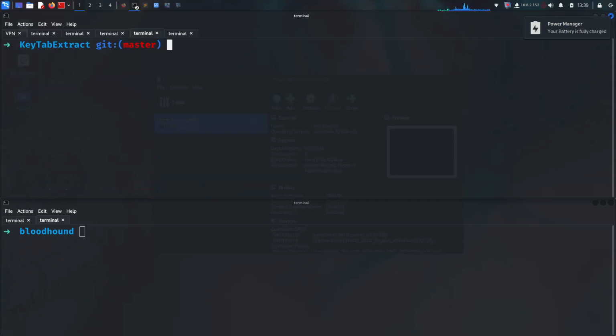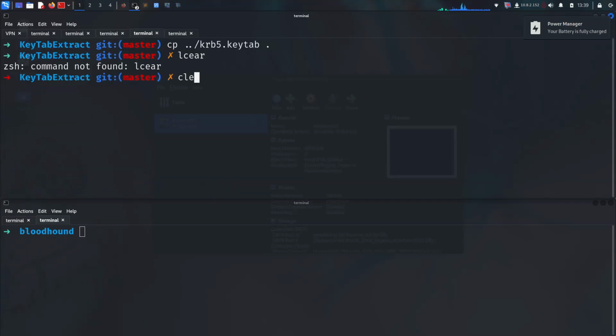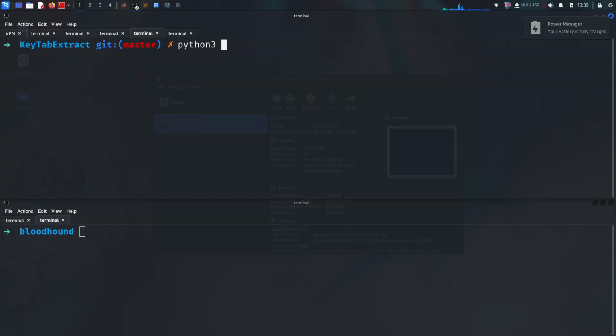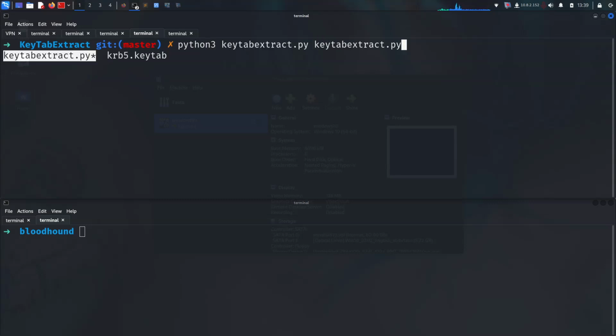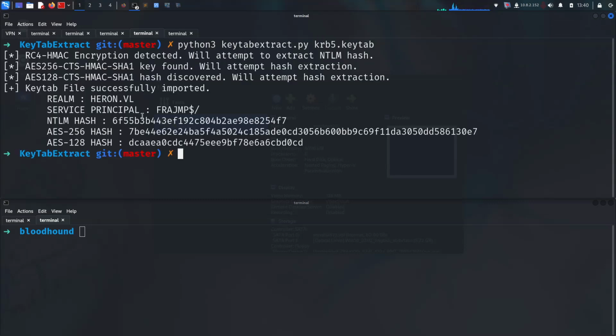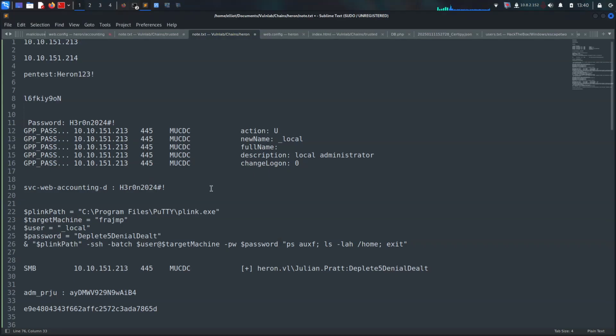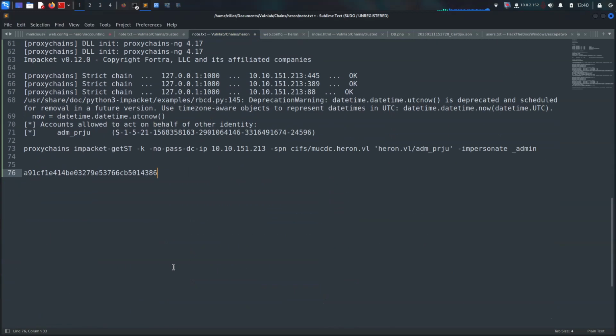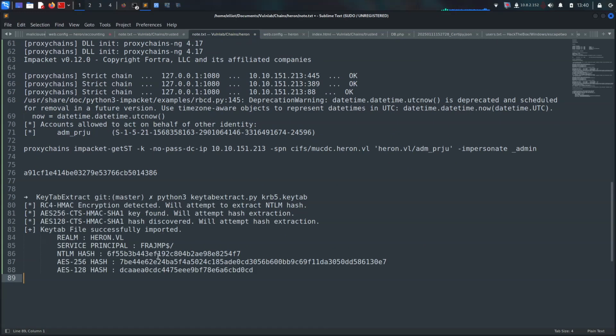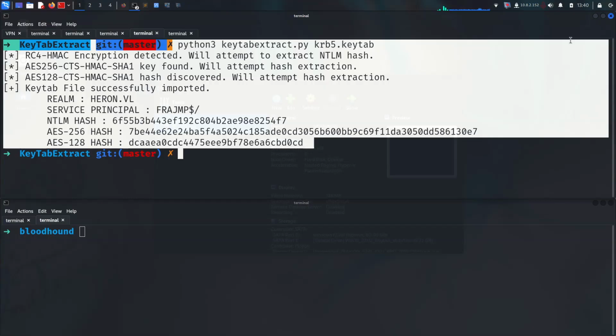Versus ktab, Python 3. This one is giving here the NTLM hash for the FryMP machine. So there's already a machine we can use. That means, alright, let's actually use his hash here. So where we are using delegate from